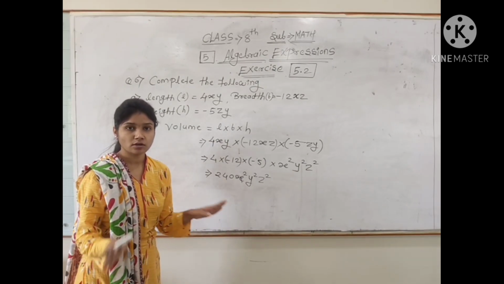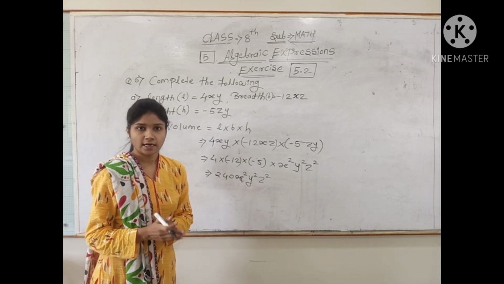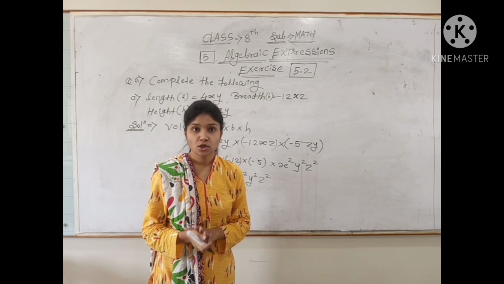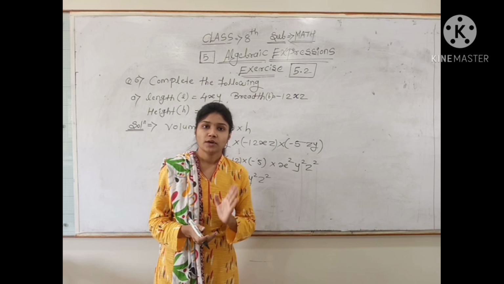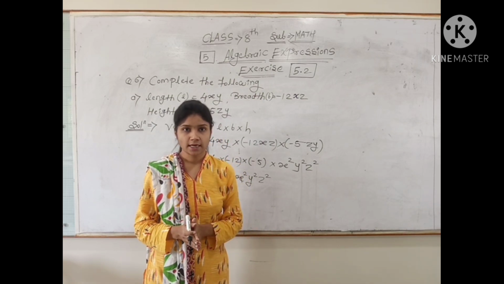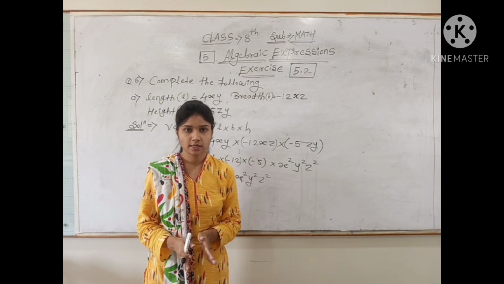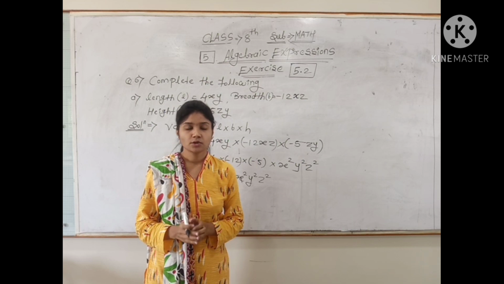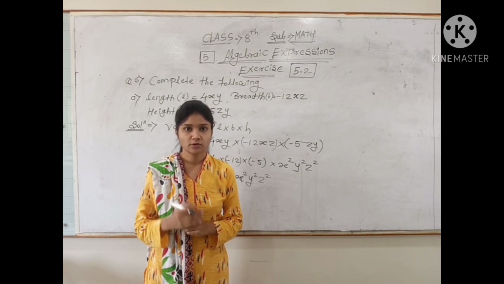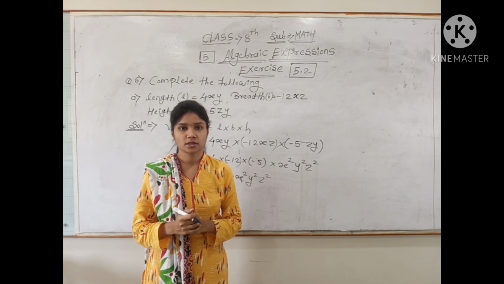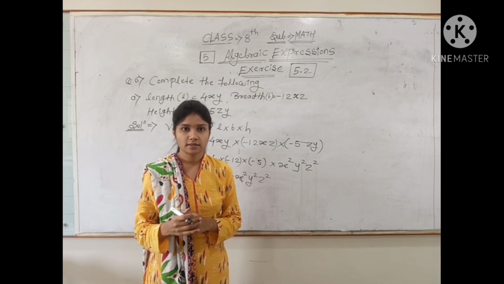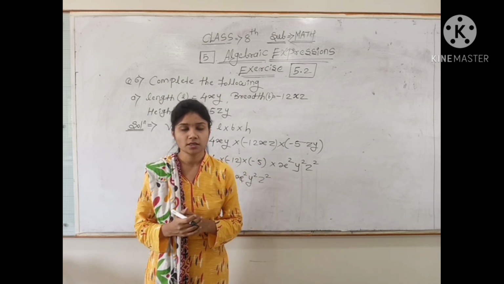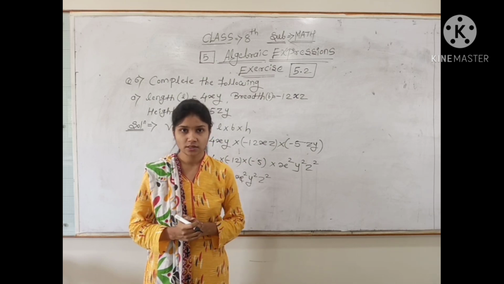So the remaining questions are for homework. You have to complete this given table. Understand? This is the type of question we have to discuss in exercise 5.2, so I will give those as homework. You have to solve them properly in your maths notebook. The remaining questions I am not explaining here, so I will send you the photo of these questions. Understand, student? If you have any query, ask me, but you have to solve these questions properly. Before solving them, first you have to properly watch this video and write down the given questions. Then after that you solve your homework. Understand, student? Okay, thank you so much.